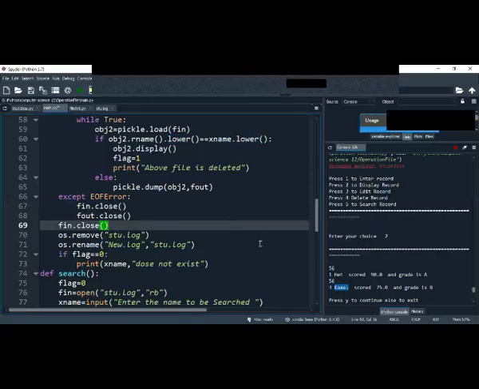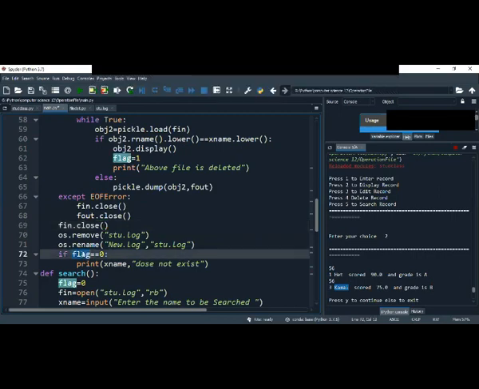Now the flag is clear to everyone. Why do I use a flag here? The flag is a simple way to check whether the data exists or not. If I don't write the flag, it will not show anything if the data is not present. Just now I'm showing you.